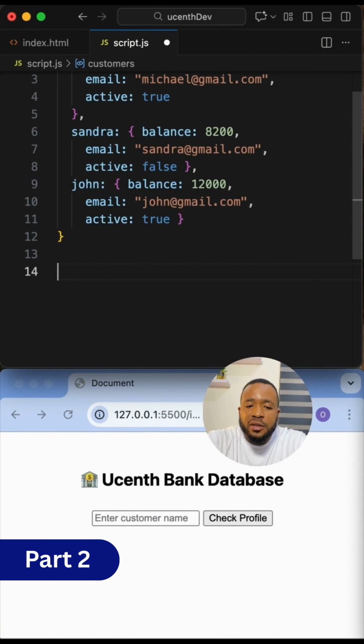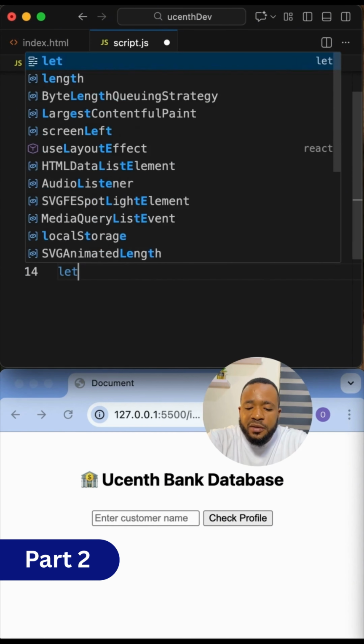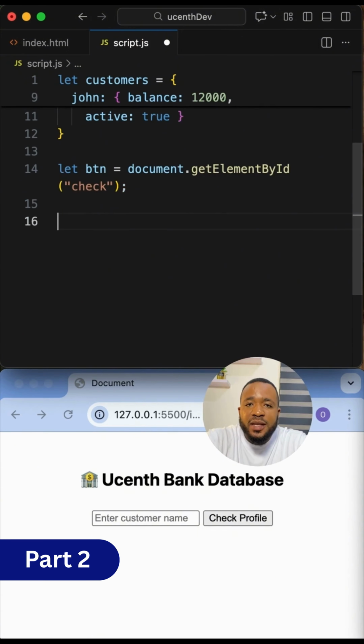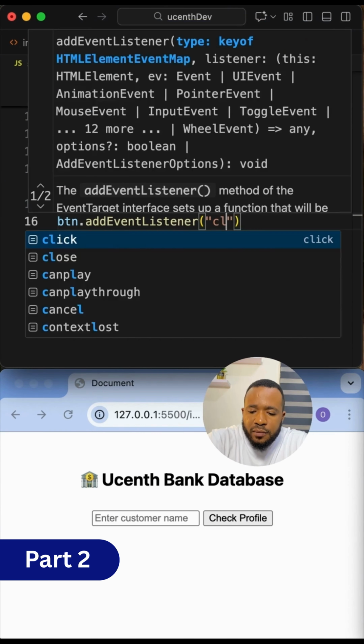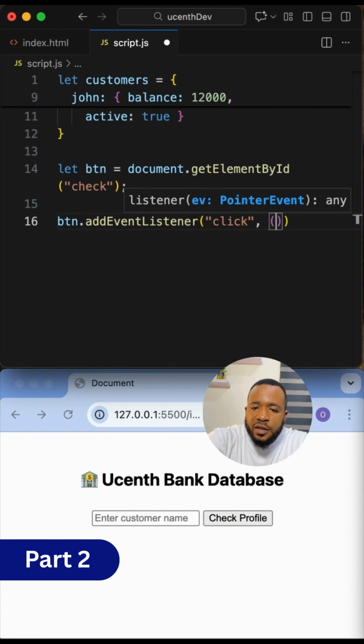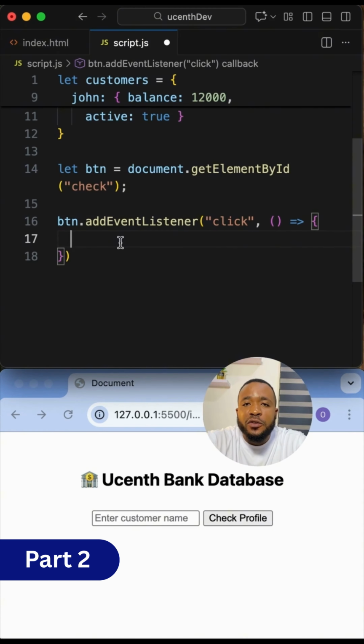Now that I'm done with Sandra and John, let me create a variable for our button. So I will say btn. The next thing is to add our event listener. Dot addEventListener. For this, I'm going to be using an arrow function. Inside of our function, we're going to be declaring 2 variables of input and display. The input is for getting whatever input the person will put here, and the display is to display the customer's